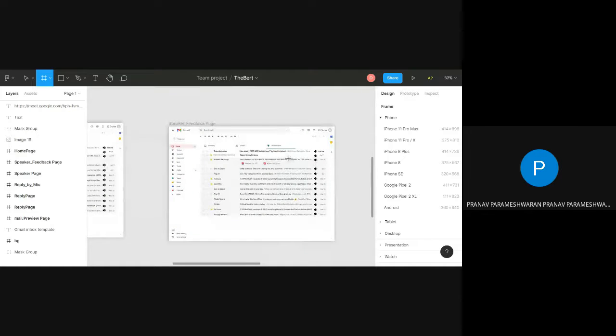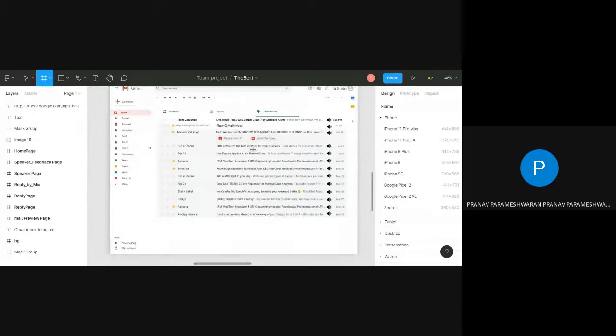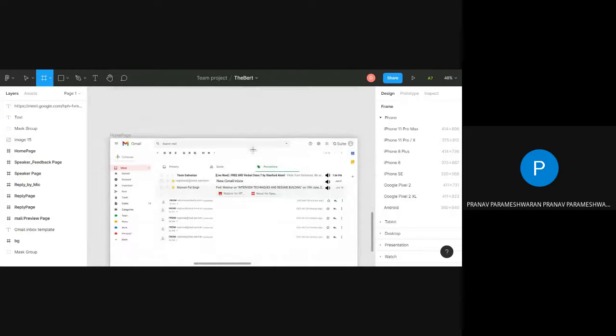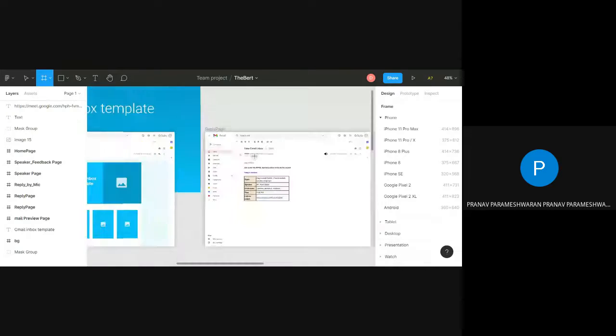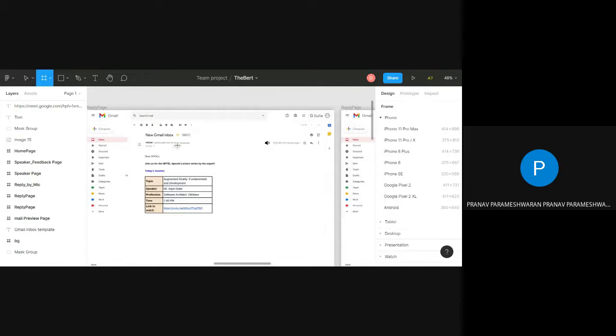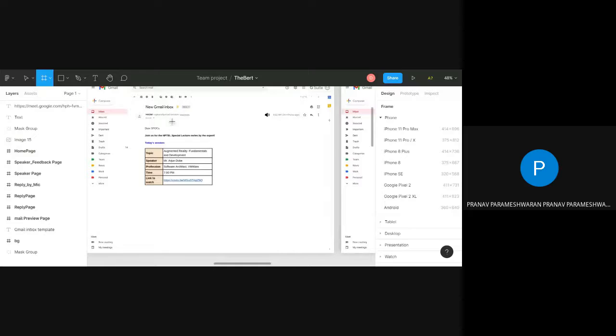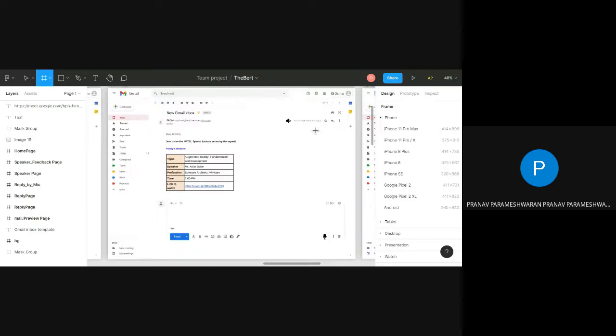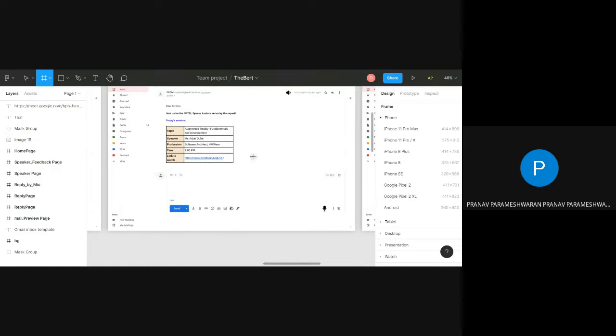And this is another similar thing, like we have copy pasted this. And if you come down here, sorry, yeah, here is another reply page. If I want to reply to a message, I can just click on that, or you can read the message, and it will automatically tell whatever is in the Gmail. And if you want to reply to that Gmail, I'll just click the reply button, and then there will be a microphone available. So whatever I speak, it will record.